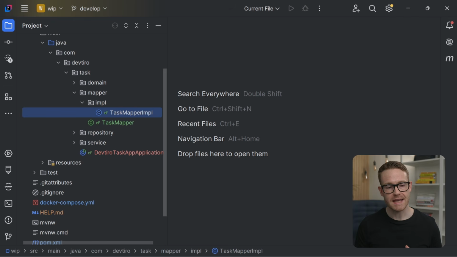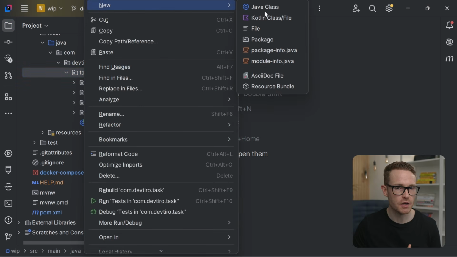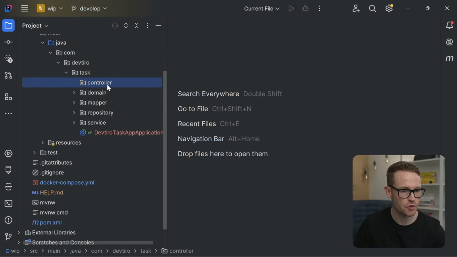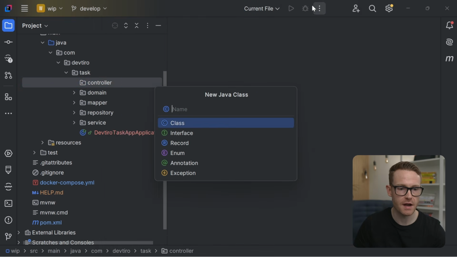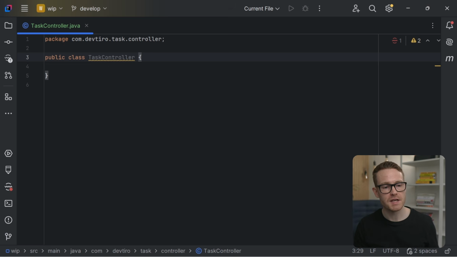So back in our IDE, we're now going to create the task controller. And this is how we implement our REST API. So inside of Devtiro task, let's create a new sub package. New package, and we'll call this one controller. There we go. And inside of controller, we're going to create a new Java class, calling this one task controller. And this is going to be a class. And let's expand this. So inside of this task controller class, we're going to create methods to represent the endpoints